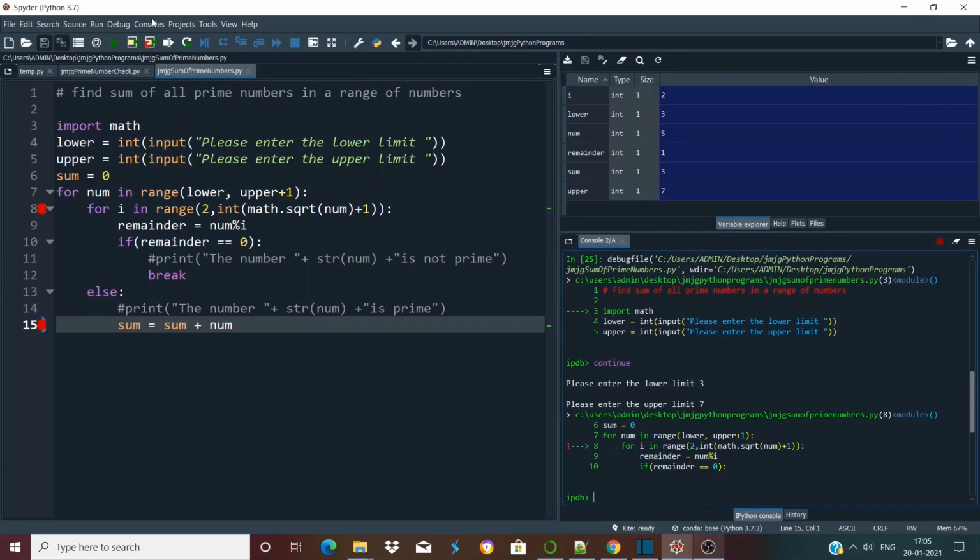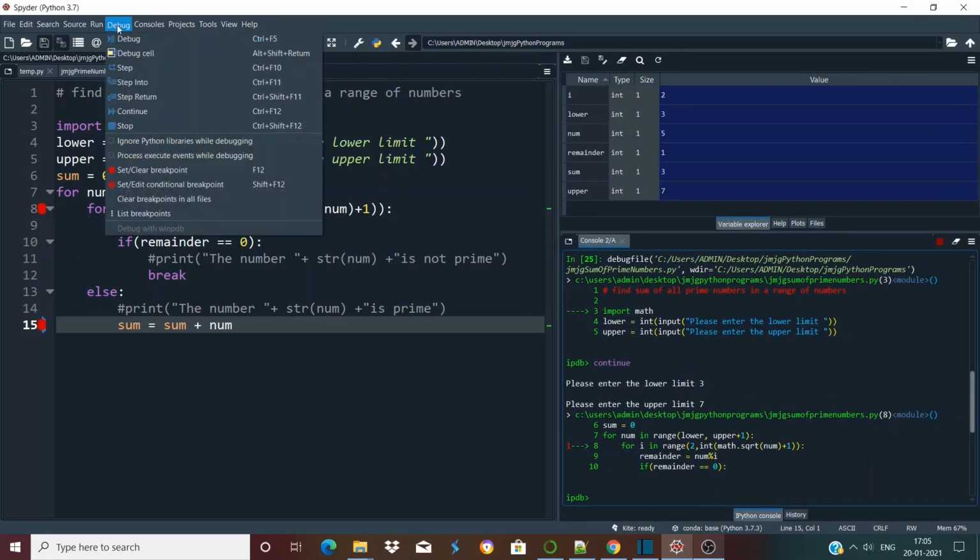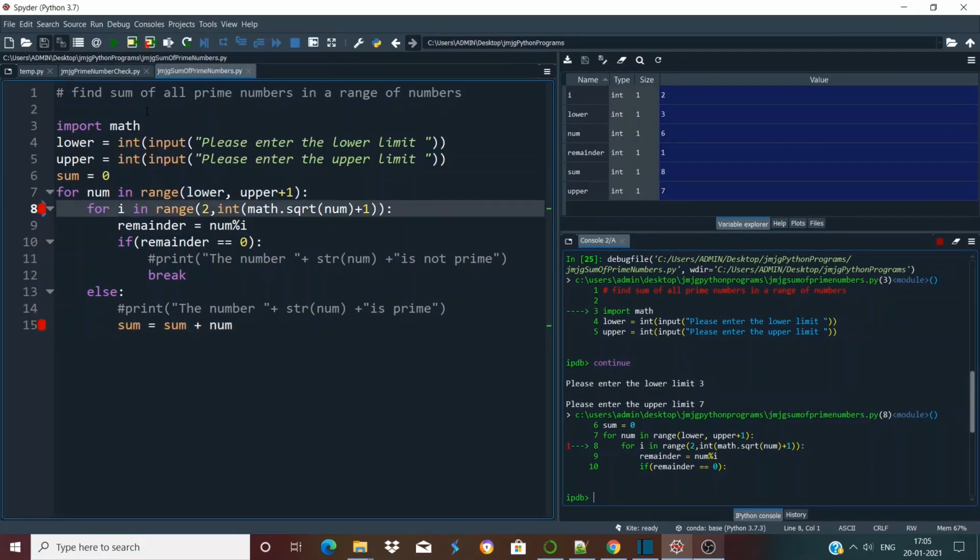If we again press Ctrl plus F12, or continue from here, it will go again to this line, and now you can see the value of sum has changed from 3 to 8 because recently the number 5 has been added to it.